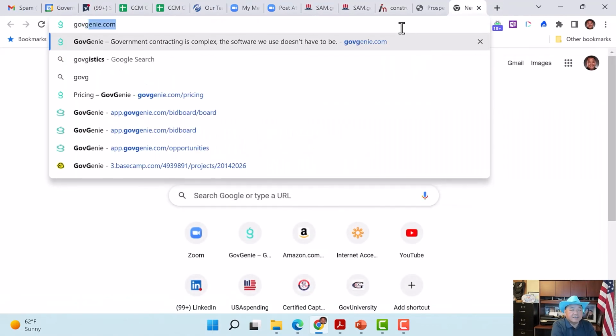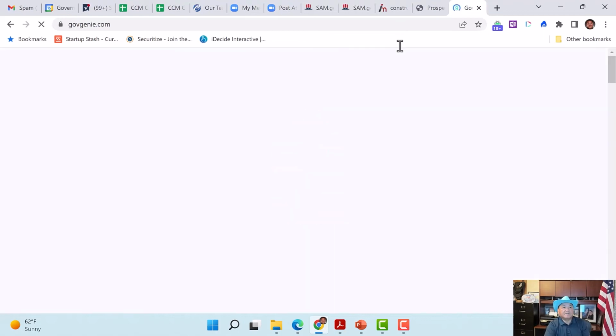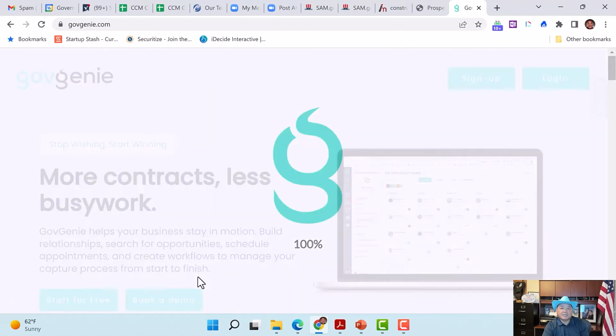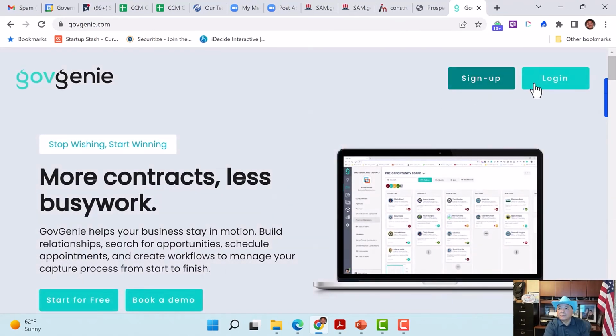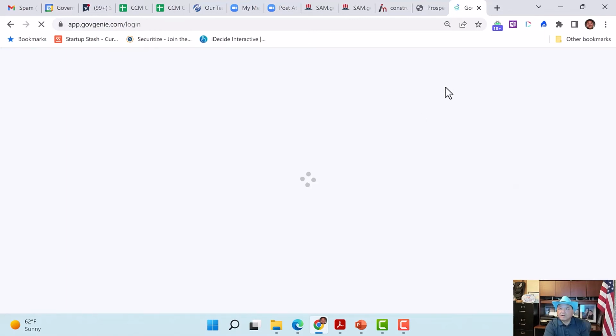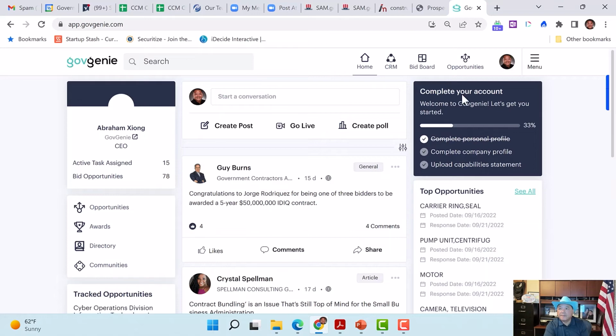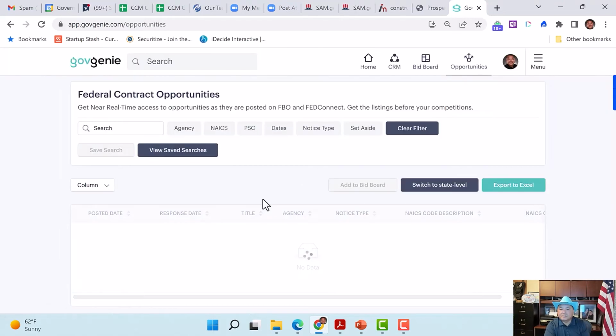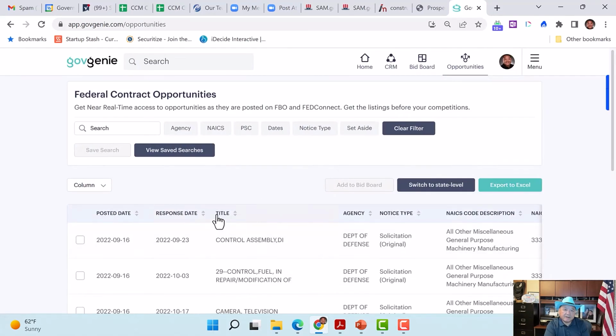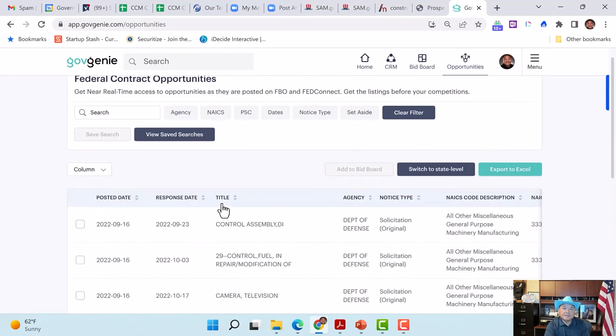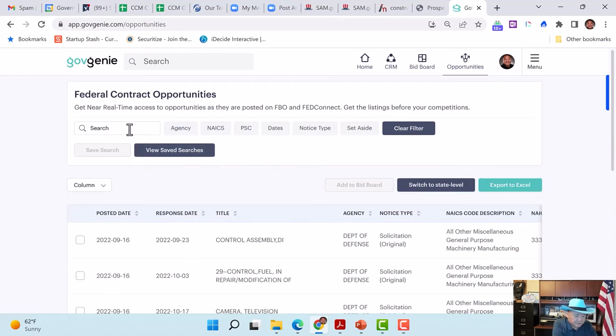I'll show you another way. This is a new platform called govgenie.com. And right now, GovGenie actually is a pretty awesome, powerful tool. You'll go ahead and sign up. I'm already in the system, so I'm gonna come in here. I'm gonna click on opportunities, and this part is the federal opportunities, and I can put in construction.